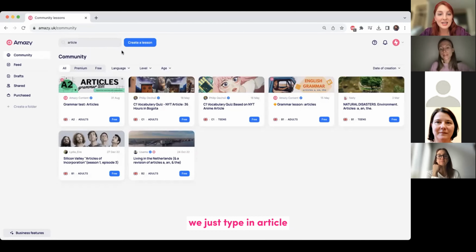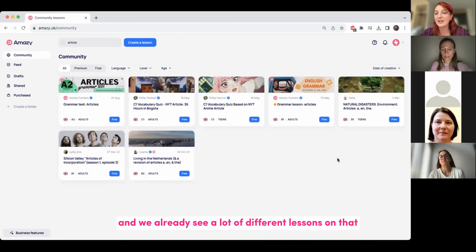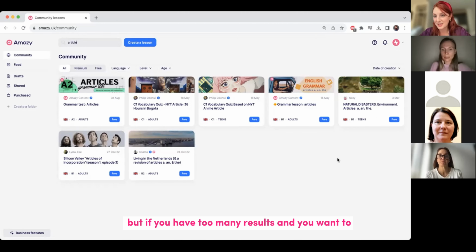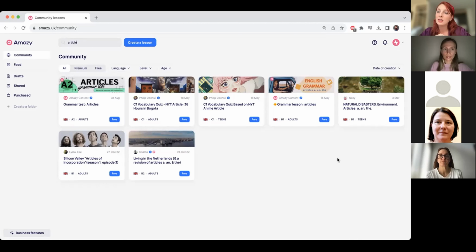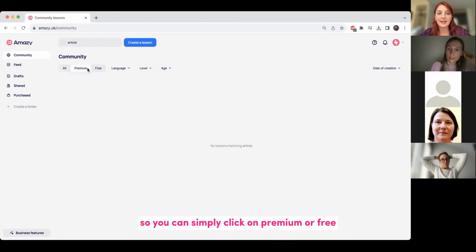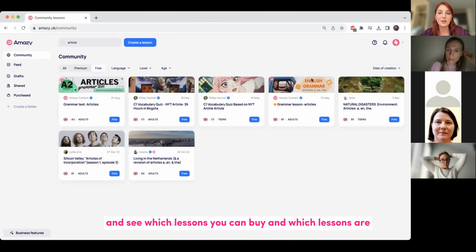We just type in article and we already see a lot of different lessons on that. But if you have too many results and you want to narrow down your search, you can use different filters. So the filters are here. The first filter is whether the lessons displayed are free or premium, or you want to see all the options. So you can simply click on premium or free and see which lessons you can buy and which lessons are